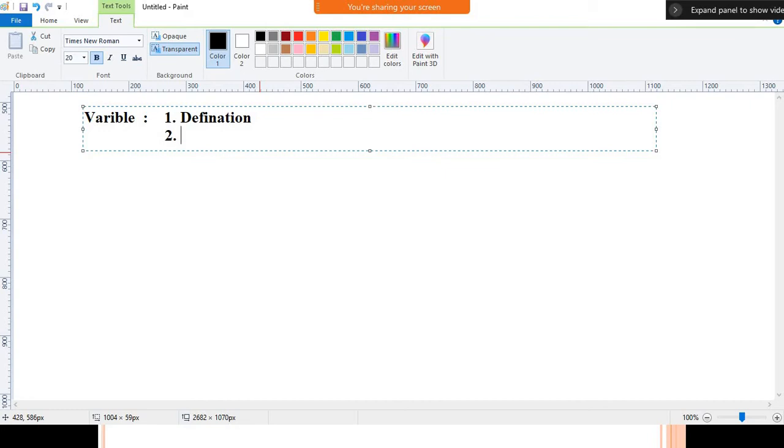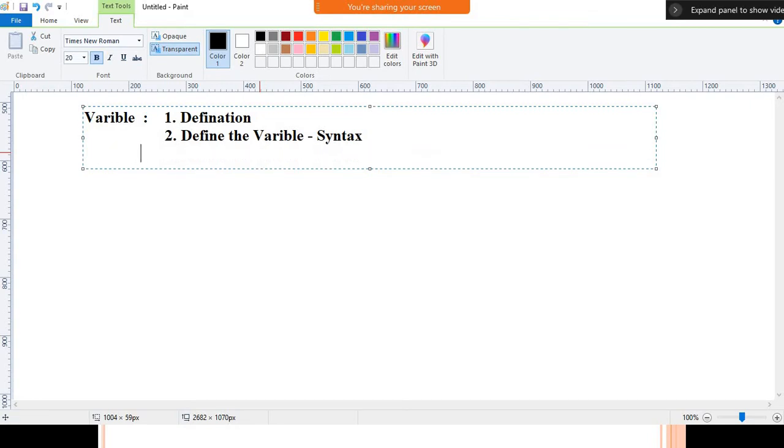So I will write the definition one more time. After that we'll define the variable, and discuss the syntax, how we'll define and initialize it, and after that we'll write a program.